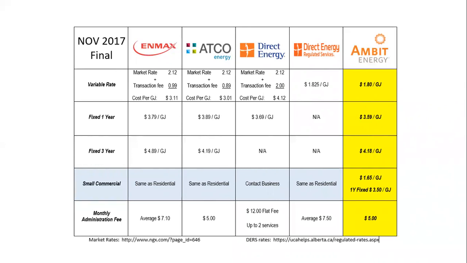ATCO, 1 cent per kilowatt hour. When you're adding that transaction fee, how much is that? When you're looking at these different retailers, these transaction fees add up. So that's the variable. If you look at our fixed year contracts, guys, I added these here because I want